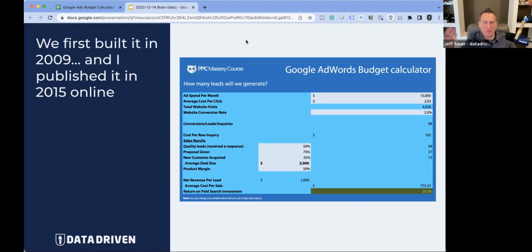I use it for home improvement, and I've used it for software sales, stuff like that, where you get a bunch of inquiries. Not all of them are very good, but eventually you get them into a sales process, and it sort of helps you understand the gray area that conversion tracking usually doesn't have.